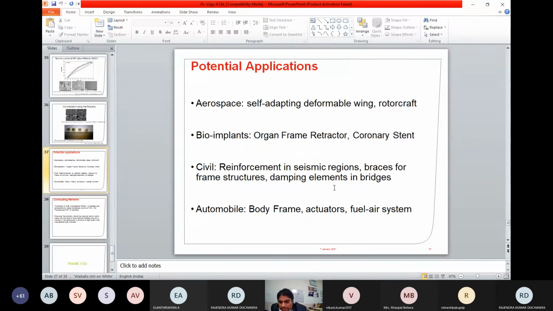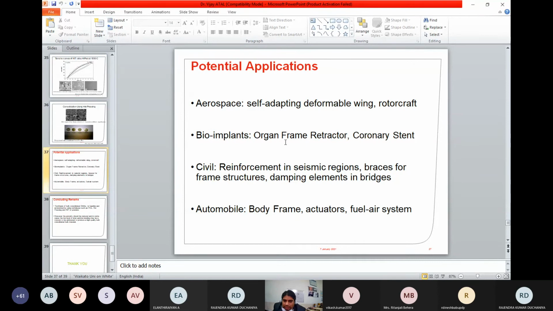The different potential applications for these alloys include aerospace and self-adapting deformable wings, especially for the turbulence of an aeroplane at higher altitudes, with different turbulent conditions. NASA is also working on these materials, and in some cases they have already been commercialized. And rotor crafts, these are the typical applications.